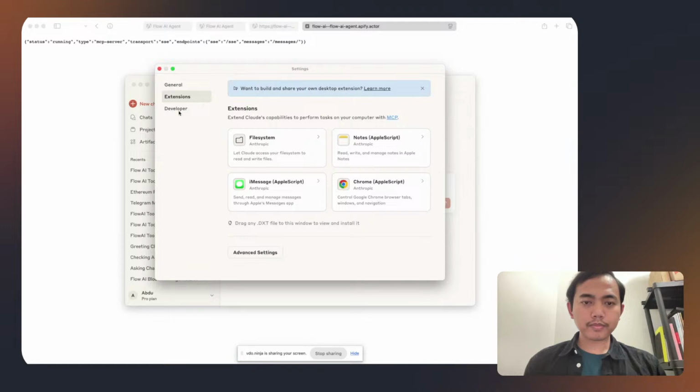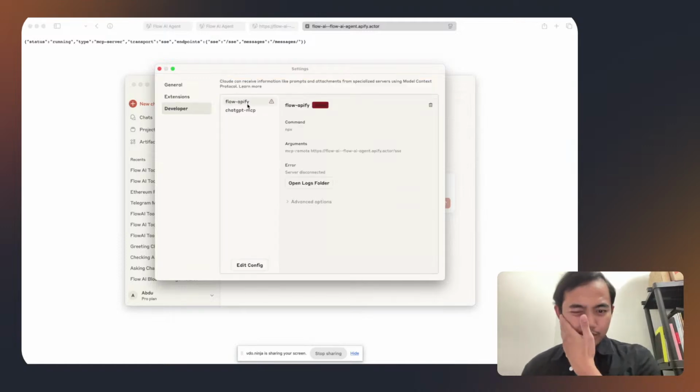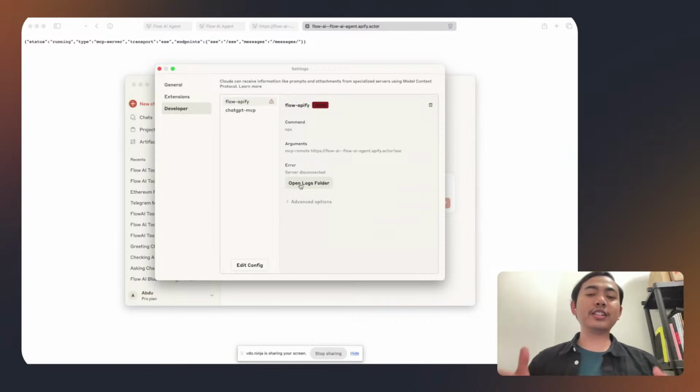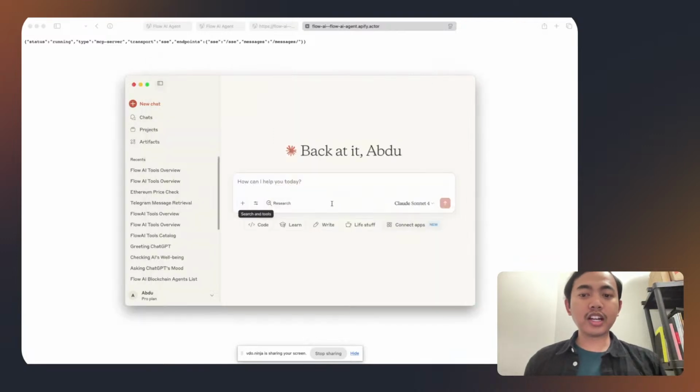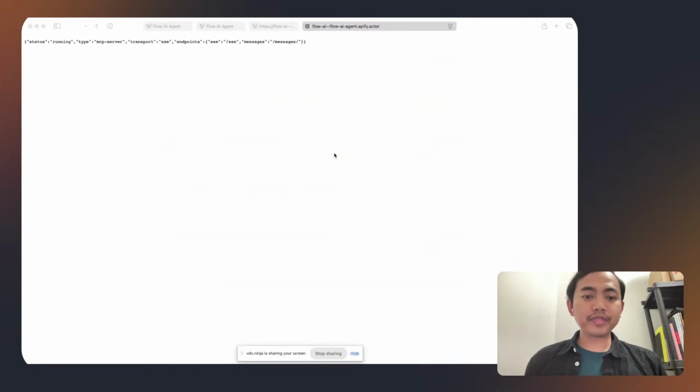Okay, please bear with me here. Oh, apparently there is an error somehow. So there is a log folder if there is an error. I think it's a good moment to see what the error is, but I won't go there. What I will do is close this and open my editor again, and make sure one more time that the config is correct.